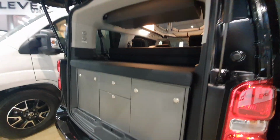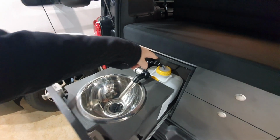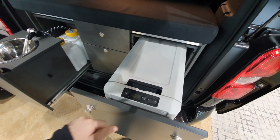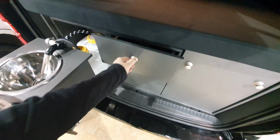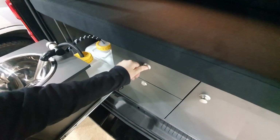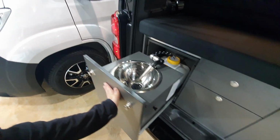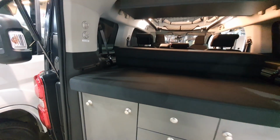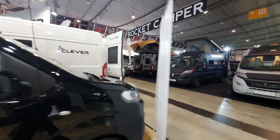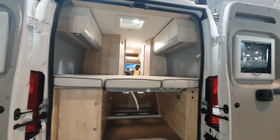But the kitchen here is here, so you've got to come out. There's your water. There's your sink. There's your fridge. And guess what's here? There is your intelligent induction cooker. And there's something to keep your food in. But if you ask me, you're better off getting something with a washroom and a toilet. Let's have a look at this thing here, Celebration 600, sort of classic camper van, rear bed, 6 meters long,